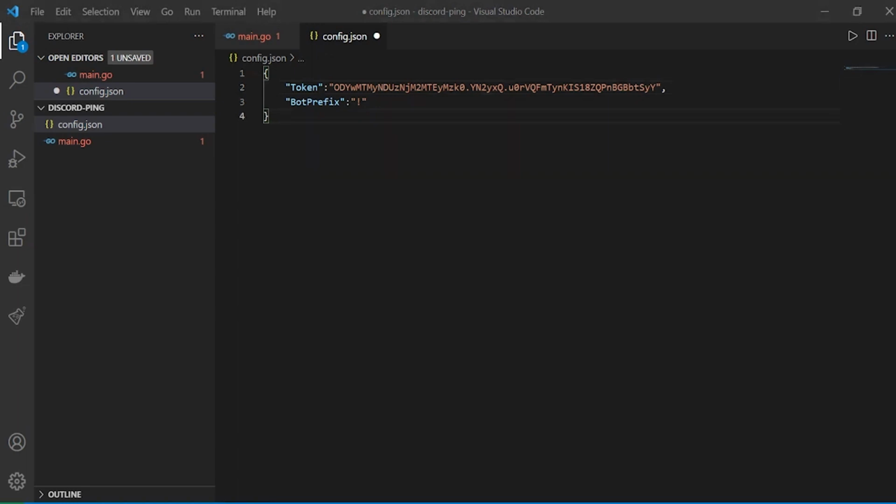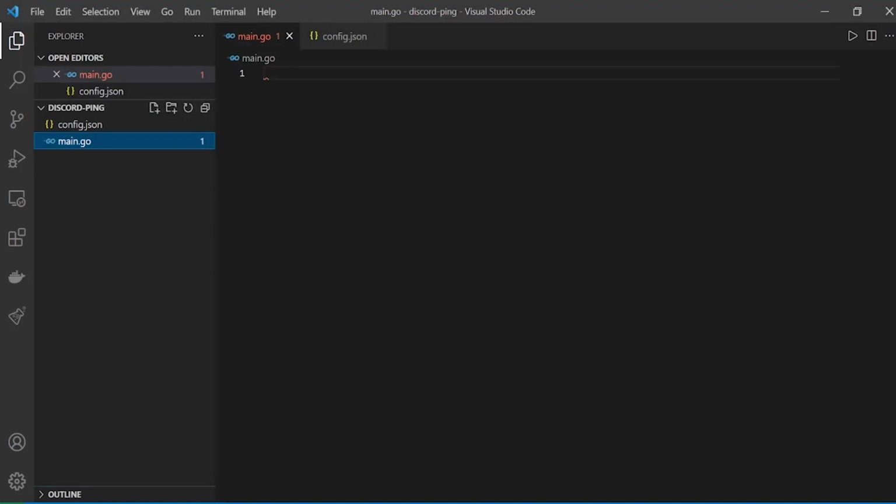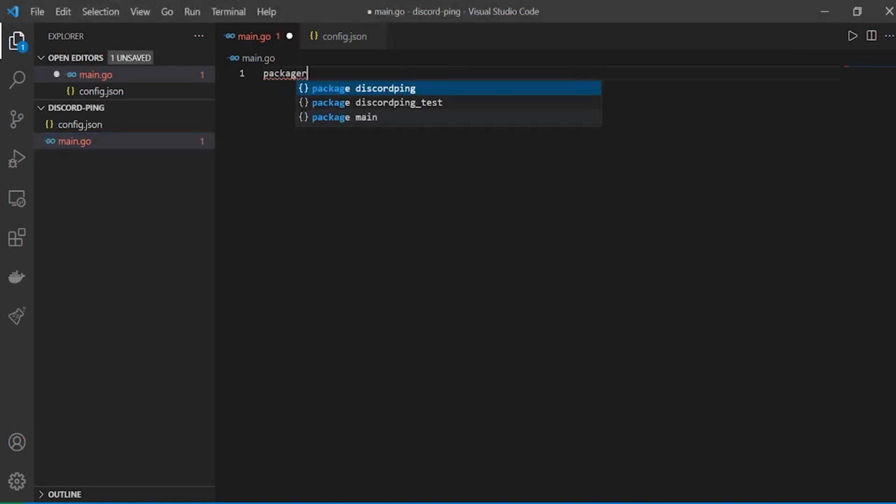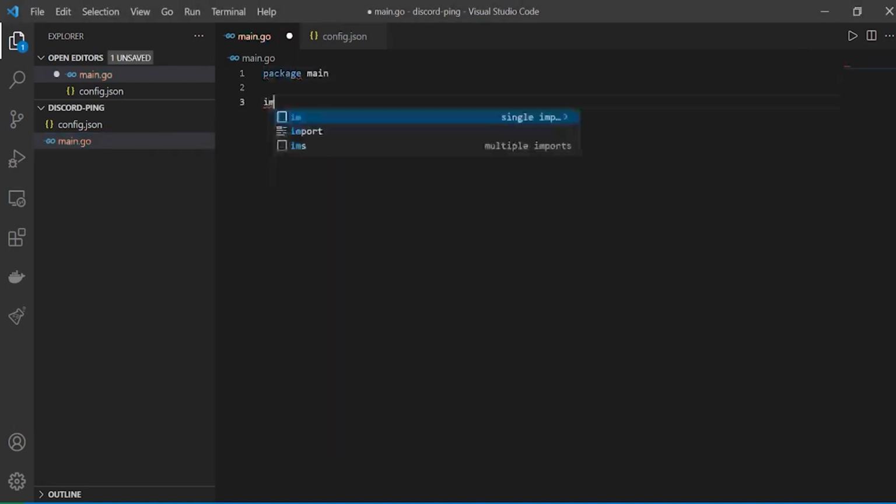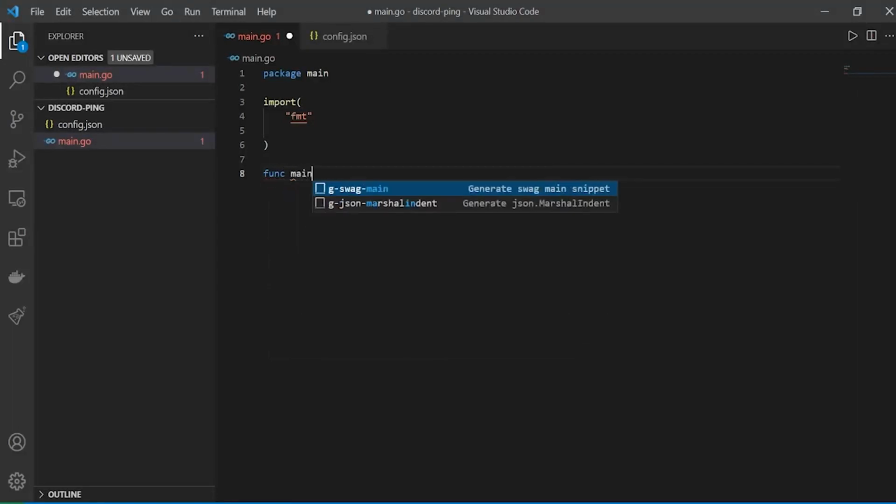So what we'll do now is we'll start working on our main.go file. Let's save this file, and back here in our main.go file, we'll say package main, and we'll say import, and I know we need fmt, and I know that we'll need two more files, but let's create those files first. So we'll say func main,